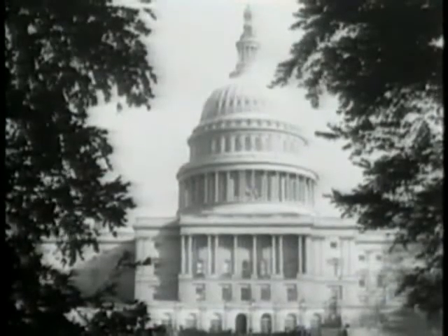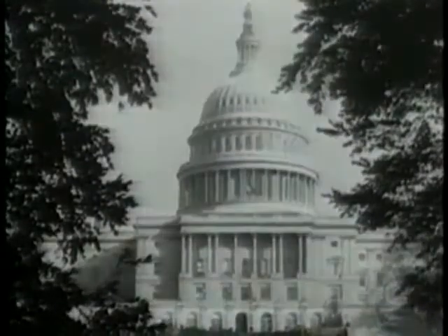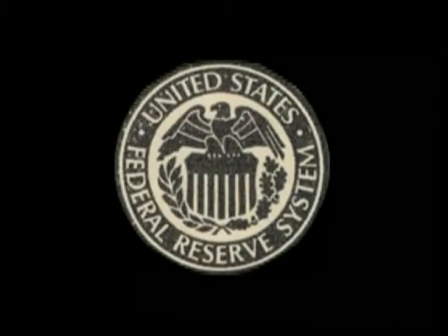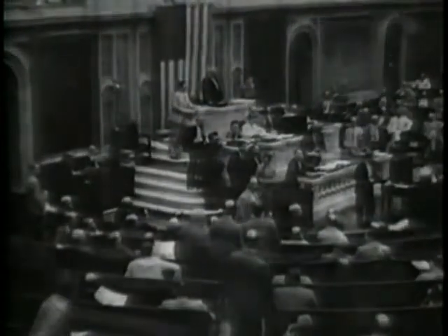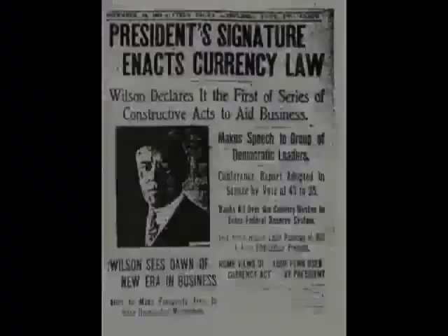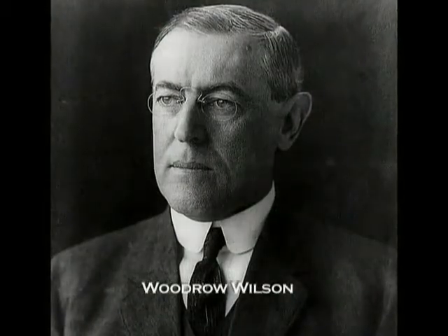After this bill was constructed, it was then handed over to their political frontman, Senator Nelson Aldrich, to push through Congress. And in 1913, with heavy political sponsorship by the bankers, Woodrow Wilson became president, having already agreed to sign the Federal Reserve Act in exchange for campaign support. And 2 days before Christmas, when most of Congress was at home with their families, the Federal Reserve Act was voted in, and Wilson in turn made it law. Later, Woodrow Wilson wrote, in regret,